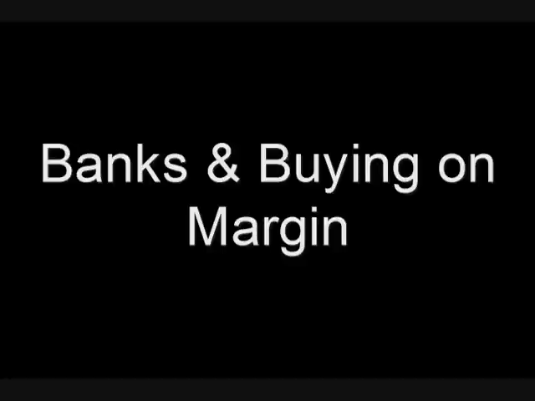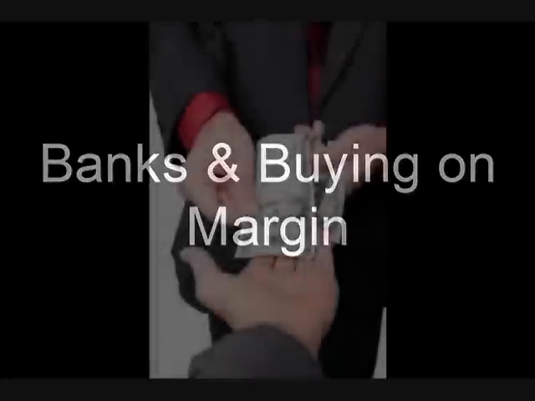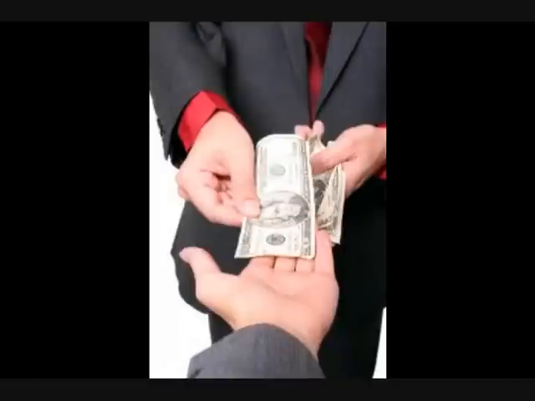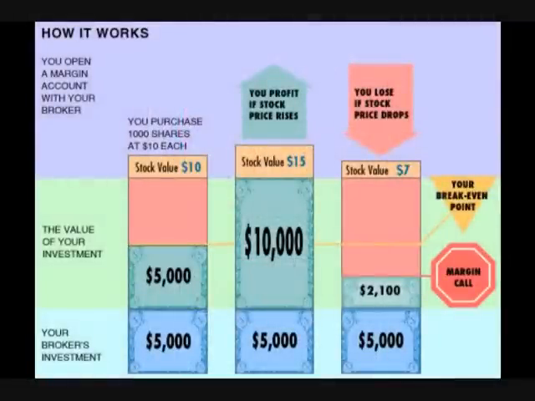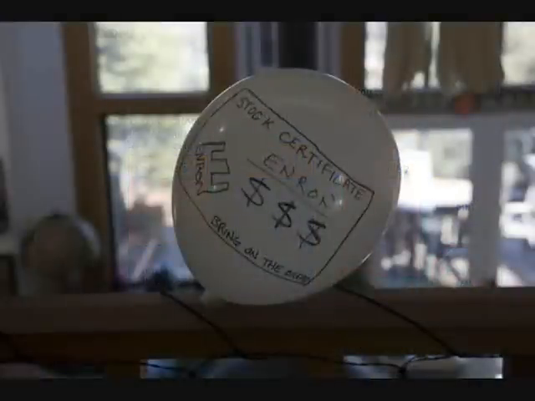Banks and buying on margin. Perhaps more so than anything else, banks who lent people money to buy stocks on margin were responsible for the problems in the stock market. By lending people, in some cases, more than 90% of the cost of each stock per share, banks floated billions of dollars into stock investments. This is important for two reasons. First, it meant a lot of people were buying stocks with money they didn't have and couldn't pay back immediately if needed. Second, all of this money that was injected into the stock market through credit artificially and rapidly inflated